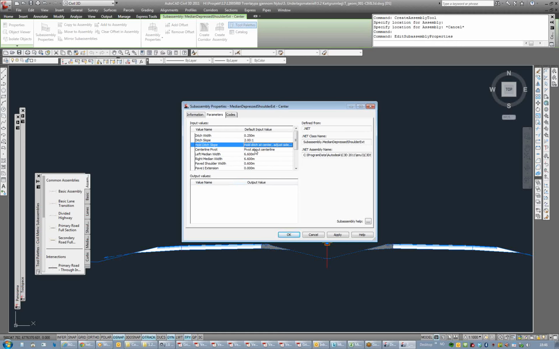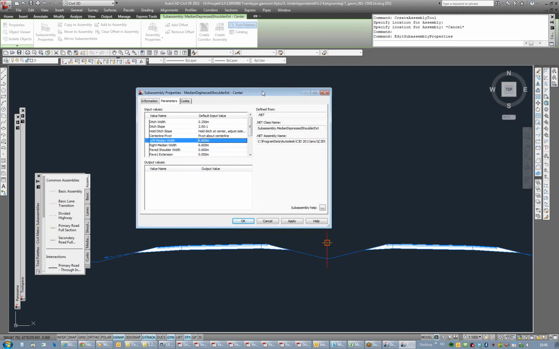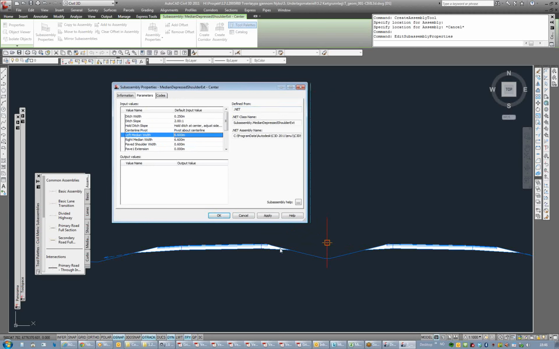Left median width, 6.6 meters. That is the slope. That's this right here? Yeah. How far it goes from the center, or how far it goes up? How far it goes from the center. Oh, I don't want that very long. I want like half a meter. Okay, so,